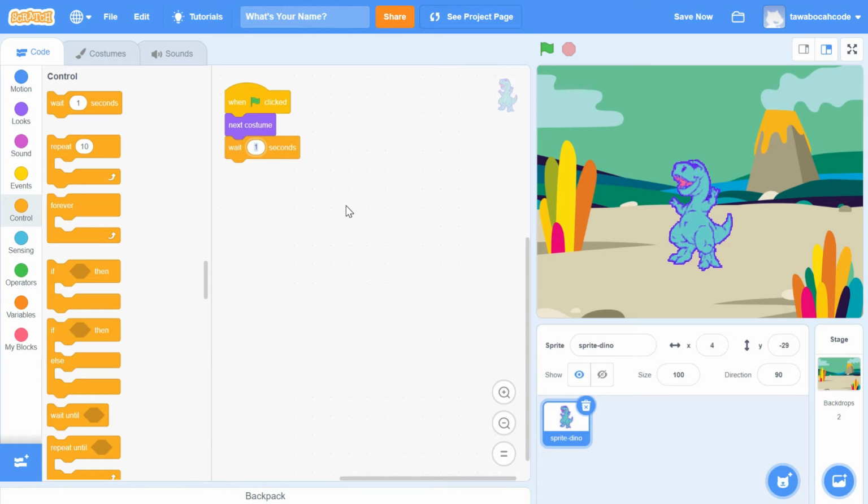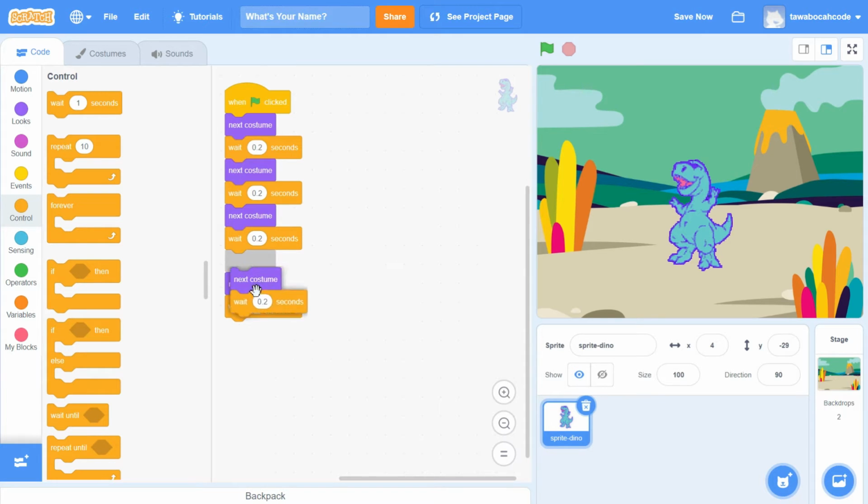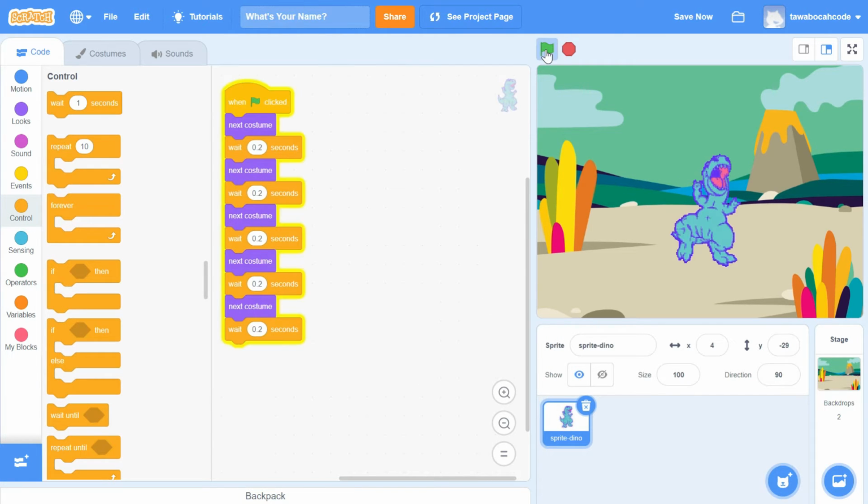Copy the block 5 times, like this block code. Try running it by clicking the green flag.